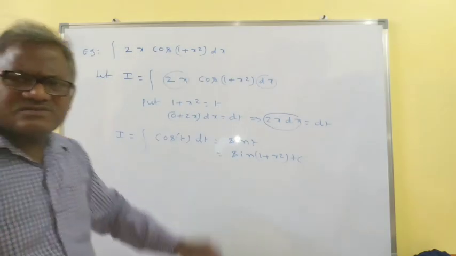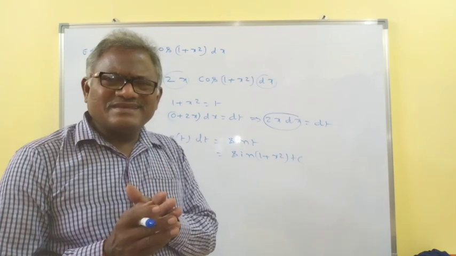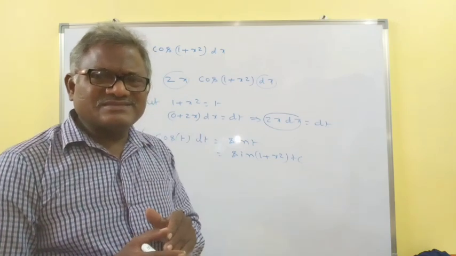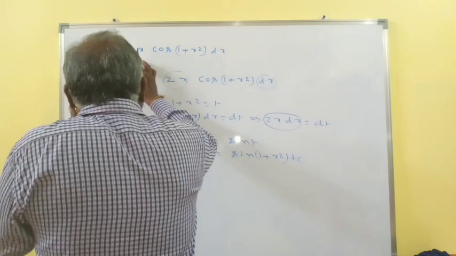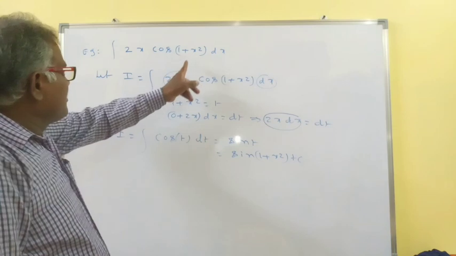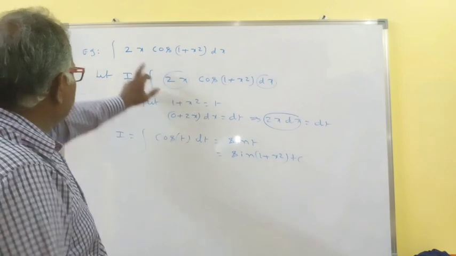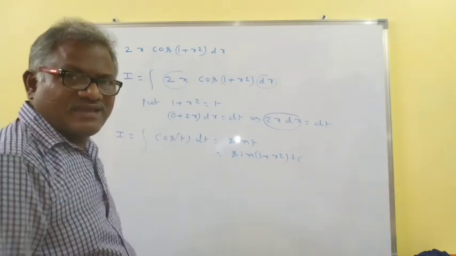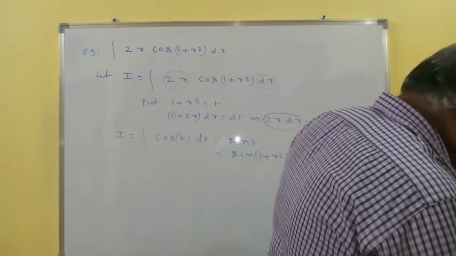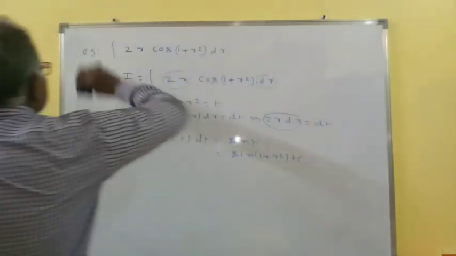So this is the method of substitution. First of all, you should think which is t. After that, differentiate it, and definitely you get the term before dx. Here two functions will be there: one term is 2x and another term is this one. After assuming this as t, you should differentiate, and definitely we get the remaining term. Next, another example: the integral of e power x by e power x plus 1.